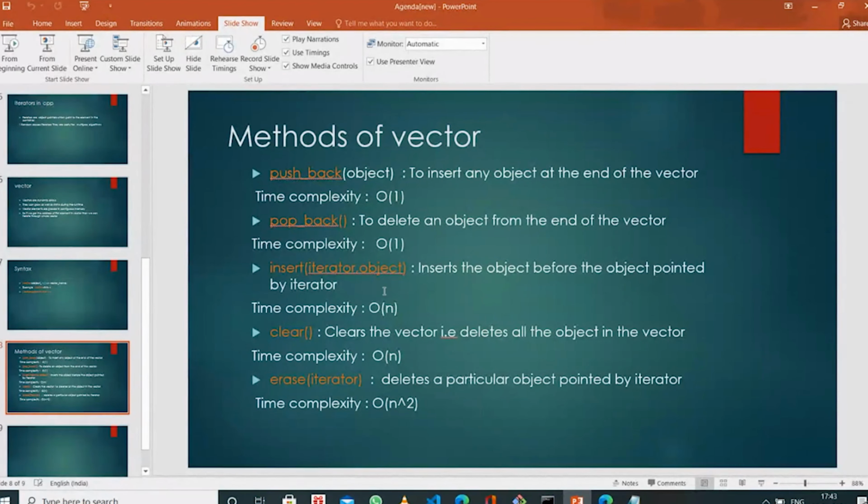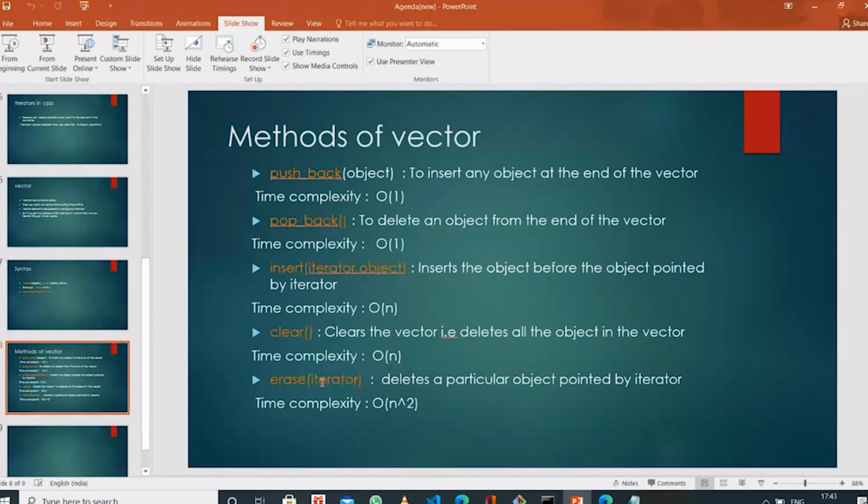That's why you need to iterate through the vector once, so its complexity is big O of n. The clear function clears the whole vector and deletes all the objects in it. Its time complexity is also big O of n. Why n? Because it will pop back all the elements one by one.